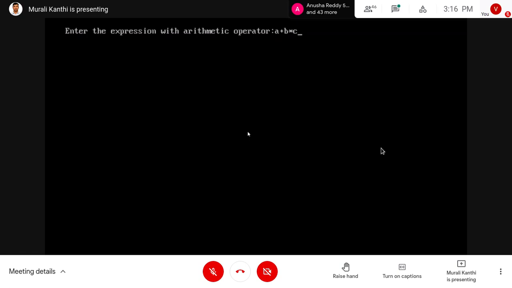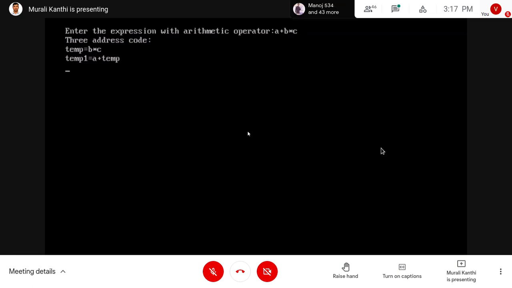What 3 address code will be generated? temp1 equals B into C is performed first. Next temp2 equals A plus temp1. That's it. Okay, let's check the 3 address code. So this is the 3 address code.